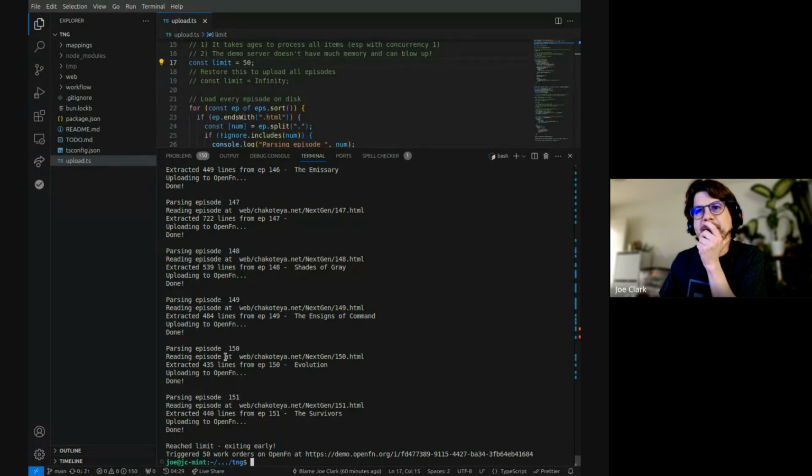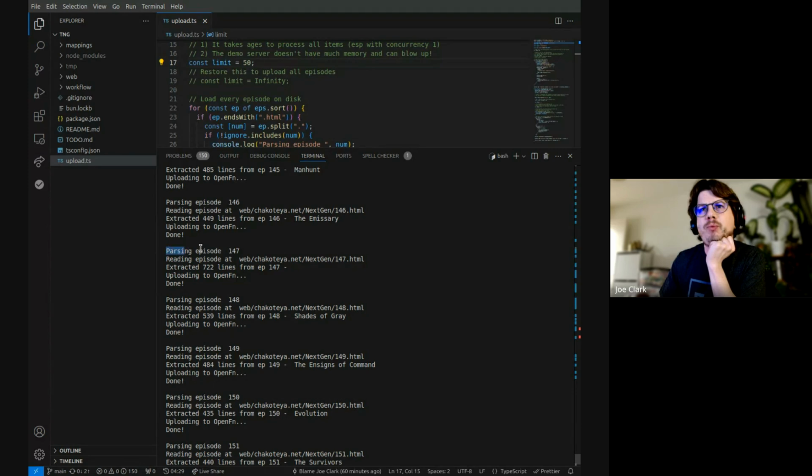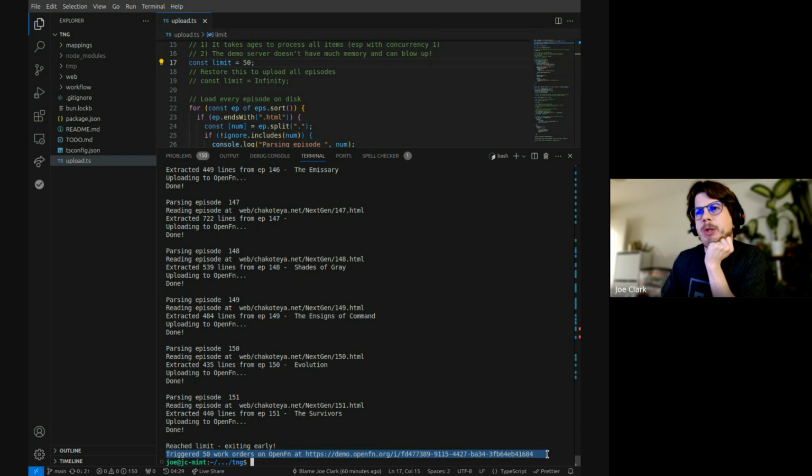And this is parsing. So you can see in the shell here, it's reading my episodes from disk. It's extracting them, uploading to OpenFunction. It's 50, and it's generated 50 work orders on OpenFunction and conveniently given me the name, which I hope is the right one. So if I switch my screen back now to the platform,